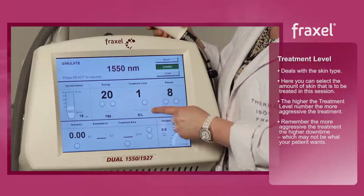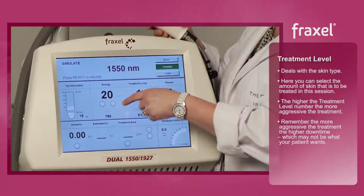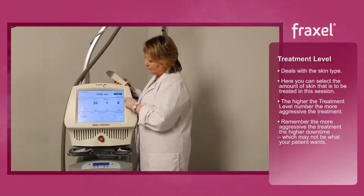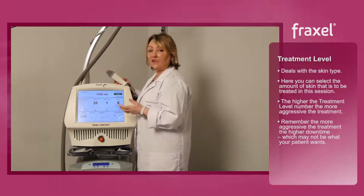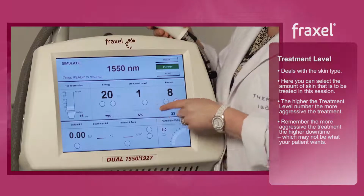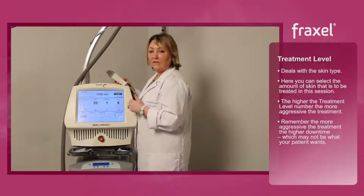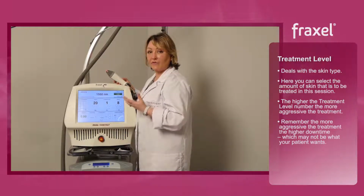Next, we're going to look at the treatment level. So we already know that the energy, or the millijoules, is the diagnosis and how deep I need to go. The treatment level is actually about skin type. So treatment level 1 suggests that I'm going to treat 5% of the skin. And so 5% of the skin means that I've got to do lots and lots of treatments to actually achieve